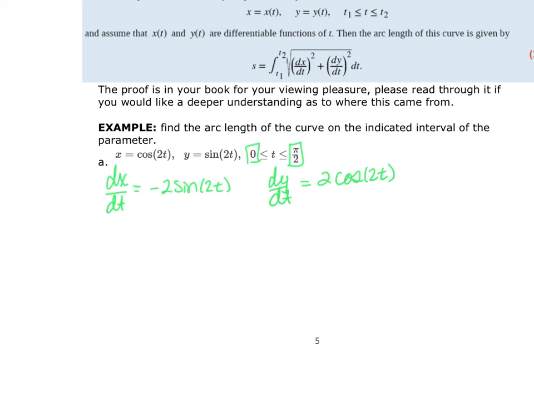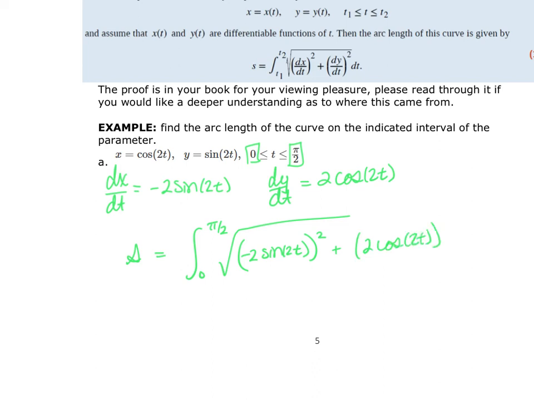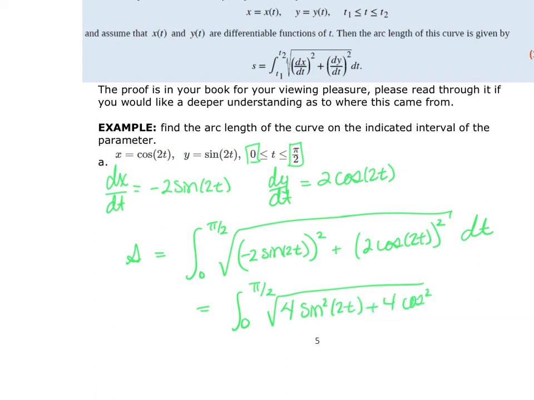So then all I have to do is find the arc length s, which is equal to, from 0 to pi over 2, the square root of my dx dt, the quantity squared, so -2 the sine of 2t, the quantity squared, plus 2 the cosine of 2t, the quantity squared, dt, from 0 to pi over 2. And then I'm going to have the square root of 4 the sine squared of 2t plus 4 the cosine squared of 2t